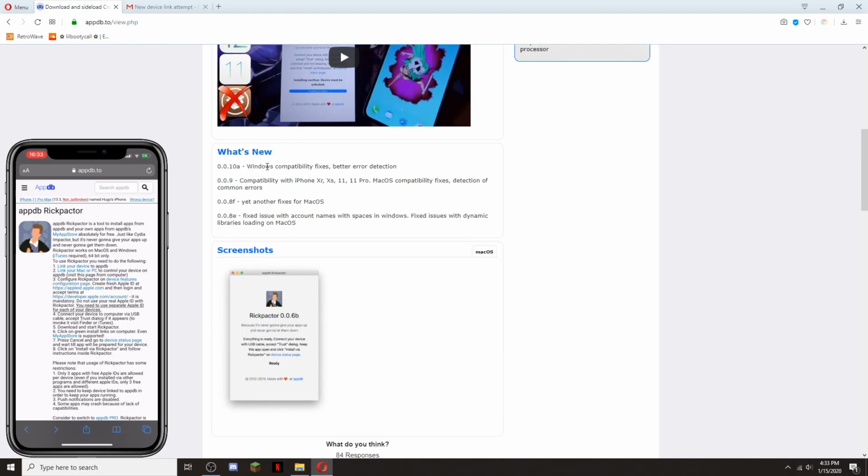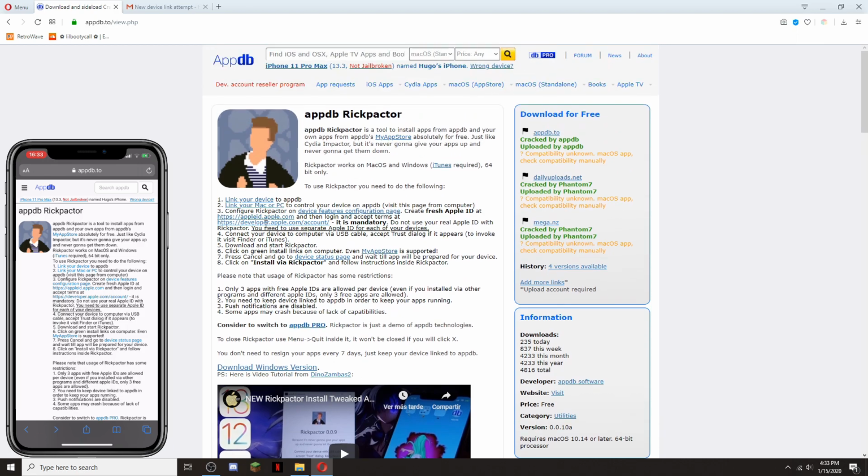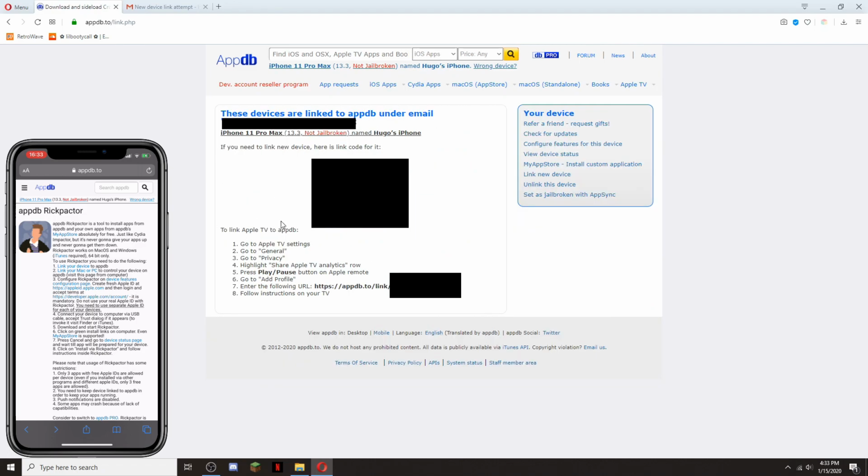And it also works on macOS, I guess, because there's a screenshot here of macOS, but I haven't found the link for the macOS download. So I guess it will appear here instead of the Windows one if you access from a Mac computer, but I don't know. So now click on link your Mac or PC, put there your email address that I will be putting a big